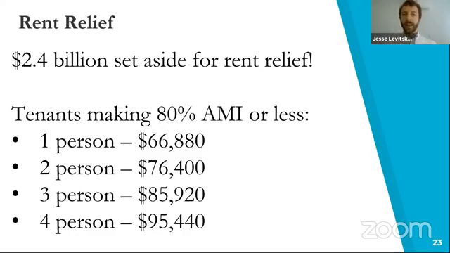It's earmarked for tenants who are making 80% of the area median income or less. What that means is if you are in a household of one, then you have to be making $66,880 a year or less. If you're in a household of two, then it's $76,400 or less. Household of three, $85,920 or less. Household of four,